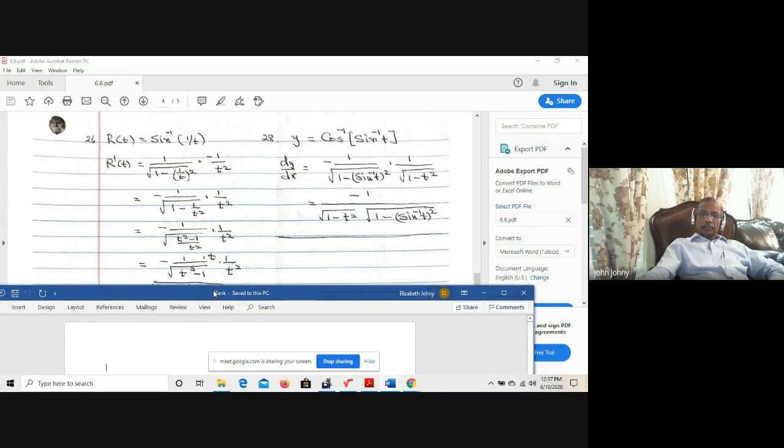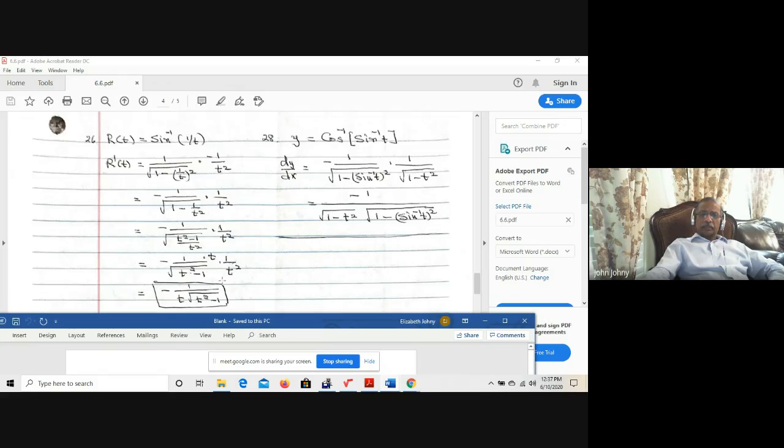So that is square root of t square is a t, and this goes to the numerator because it's the denominator of the denominator. So it goes to the numerator, t goes to the numerator, square root of t square minus 1, and t square stays there, 1 t cancels. So the final answer is negative 1 over